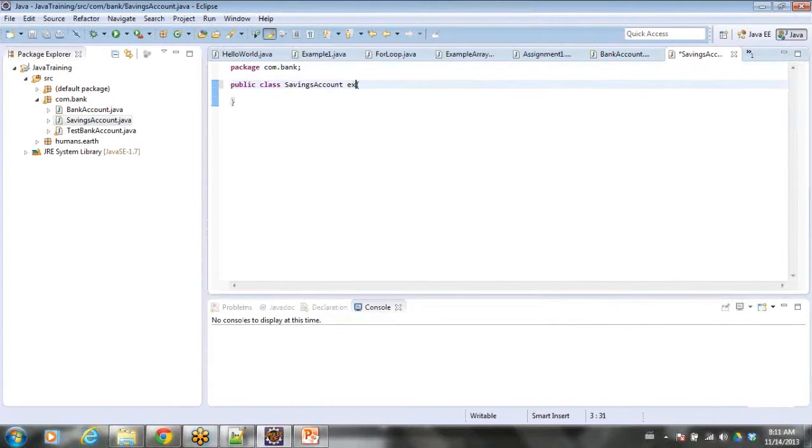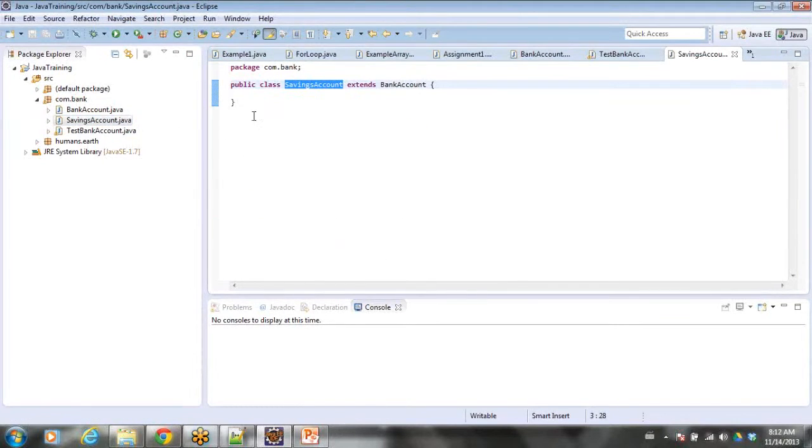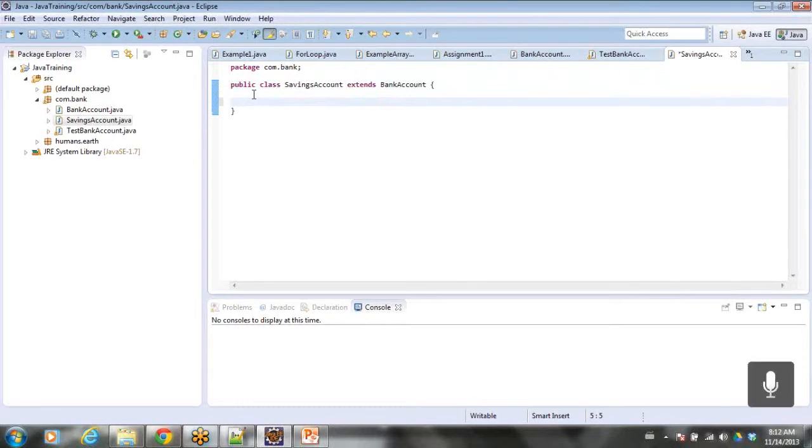Extends is the keyword used for inheritance. When I say savings account extends bank account, this class will import all the properties and member functions from the bank account class. It can also have its own properties. If I want to give a particular rate of interest for a savings account,